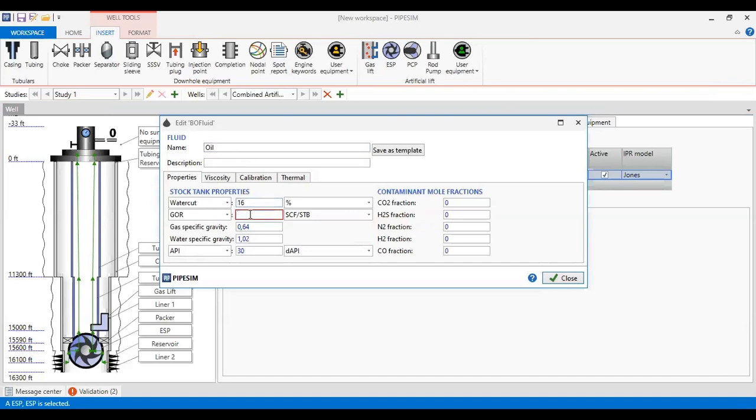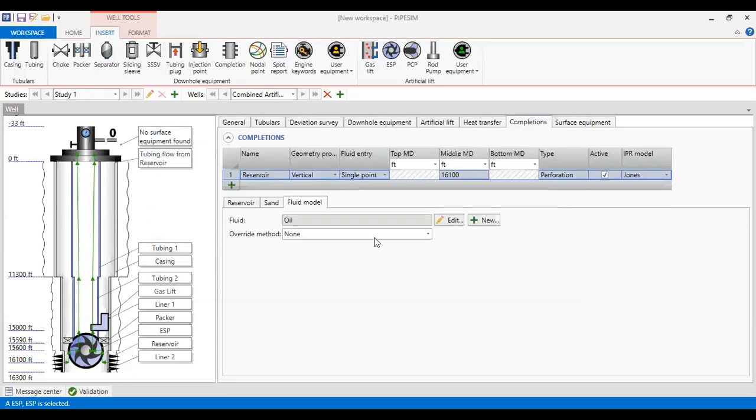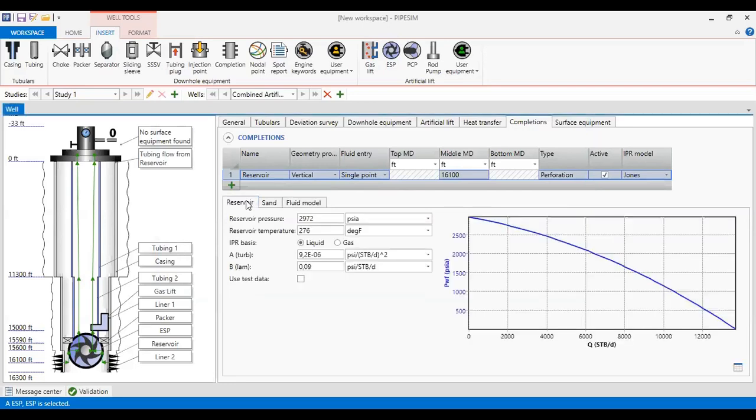Let's say the gas oil ratio of 300 standard cubic feet per stock tank barrel. And this is the gas gravity, 0.7, water specific gravity of 1.03 with API degree of 38. So click close. I already have the oil property, reservoir.